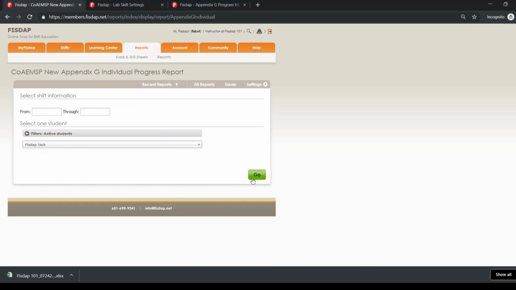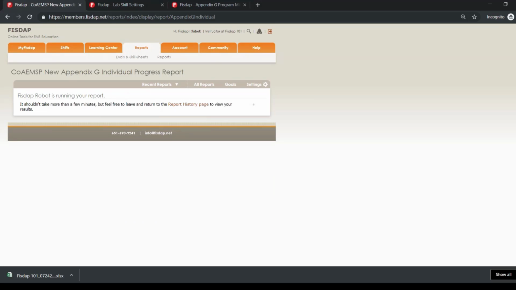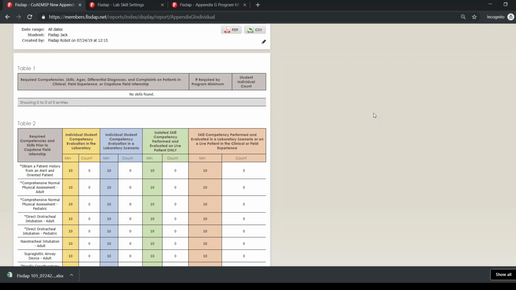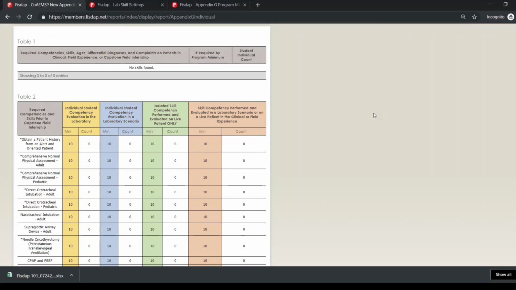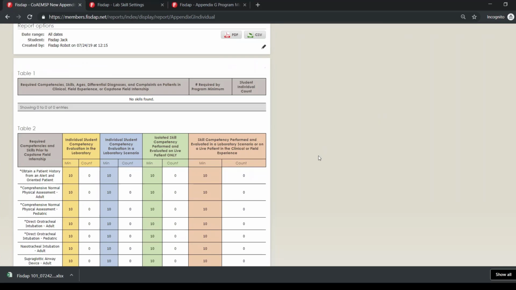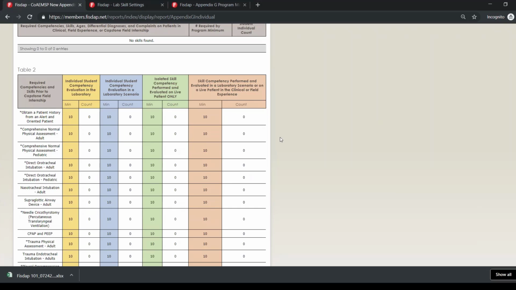They will have access to the individual report. And so again, I'm going to run for one of my students, and this will look very blank because the student does not have very many skills at all. But there we go, and actually it looks like the student has no skills, hurrah. So again, very, very empty here, but the students will be able to run this and see how they're doing